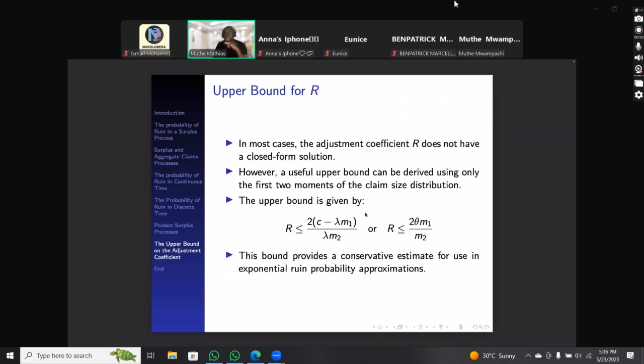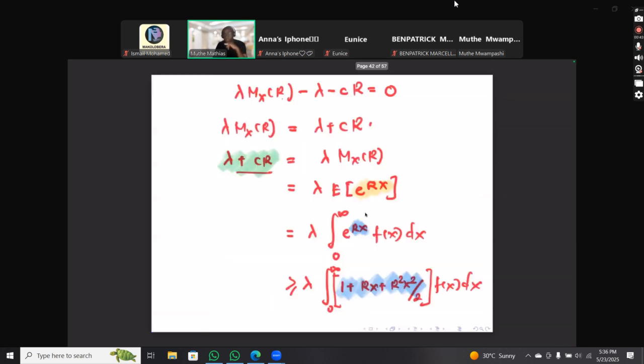If you don't worry much about that, what is important is that we proved this one here. Of course, you can expect the upper bound for R. I don't think it is very useful anyway, but we proved this by using the Maclaurin series. If you remember, here we're going to have the inequality, and the reason is that we are truncating this series. We're not going on and on, because remember the Maclaurin series, if you expand it, goes up to infinity, if I'm not mistaken.